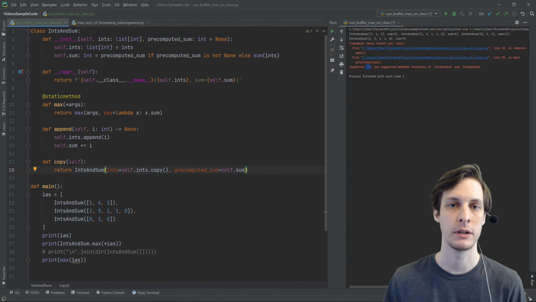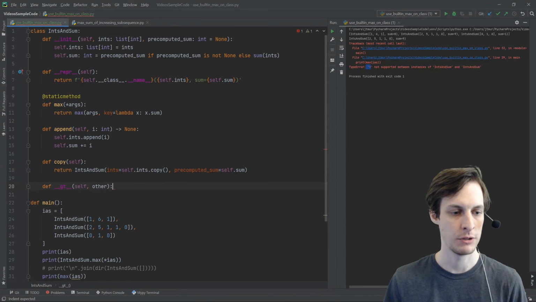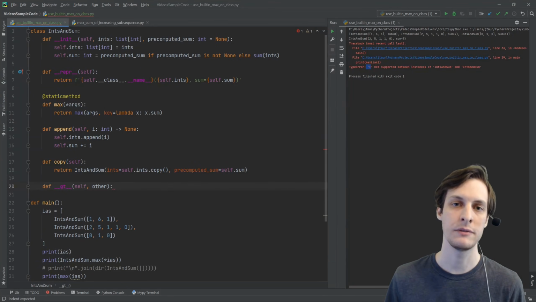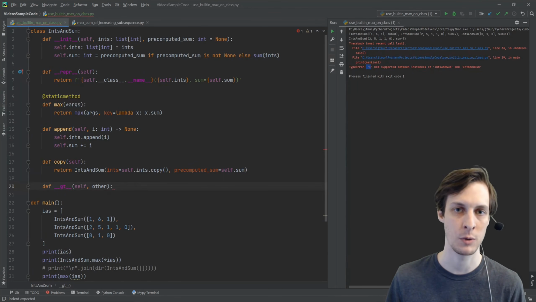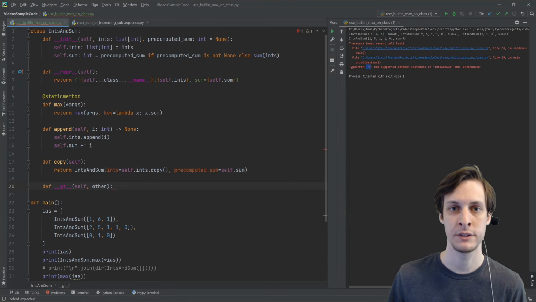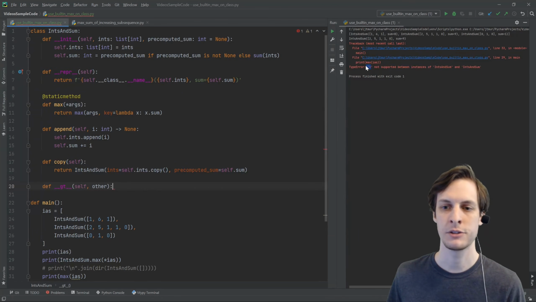So if you're not familiar, you can define a greater than method for your class using this function. So you just use 2 underscores, then gt, then 2 underscores. These functions that start with 2 underscores and then something and then 2 underscores are commonly called dunder methods or magic methods. And they're called that because you define this and then some other built-in Python thing starts working.